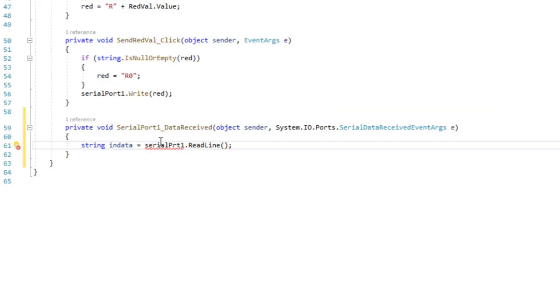So that is the ReadLine function of serialPort1, which I misspelled. That takes the data and stores it. So now we can use it